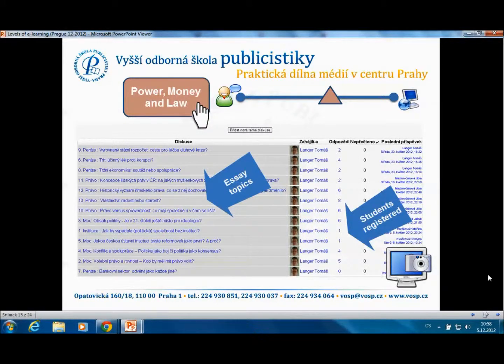This is a simple way how students are registering their topics for essays. There is a forum, just a simple forum with each line of discussion meaning one topic, and students are just replying in forum, and that means that they register the topic and they will write the essay afterwards. The benefit is